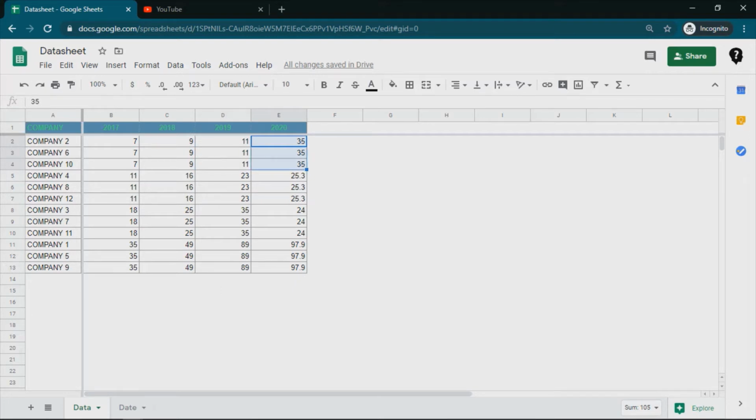For example, let me change this data, say 106, or here I will say 96, and here I will say 35, for company 5.